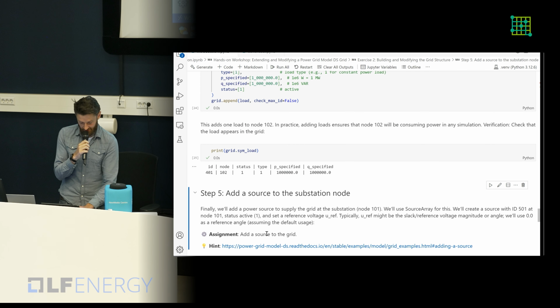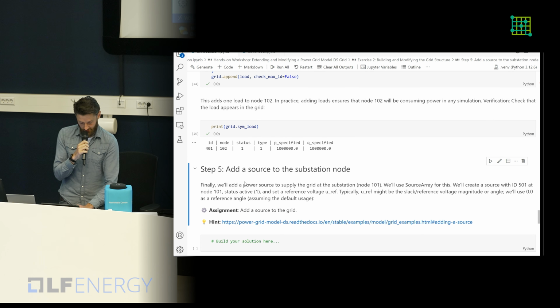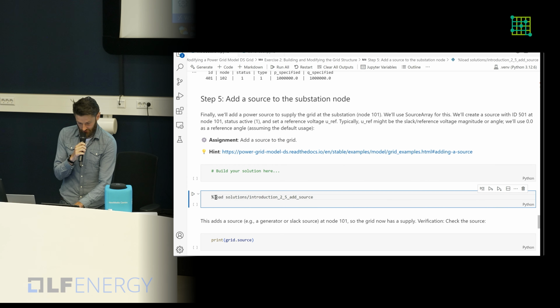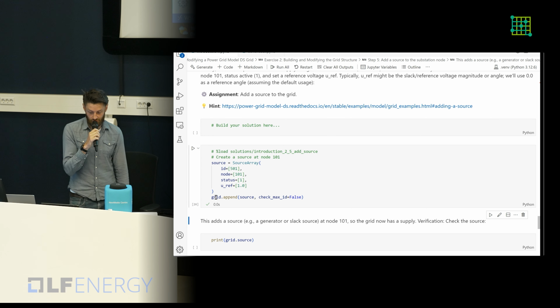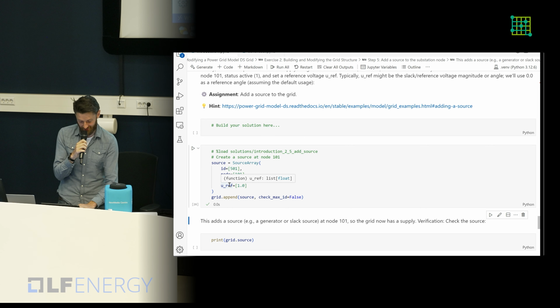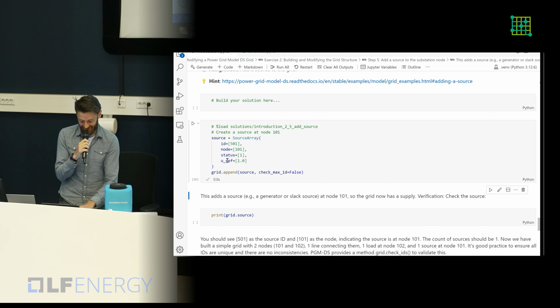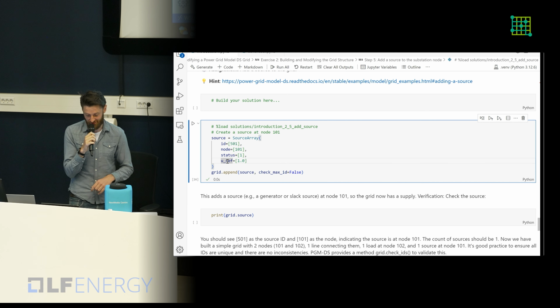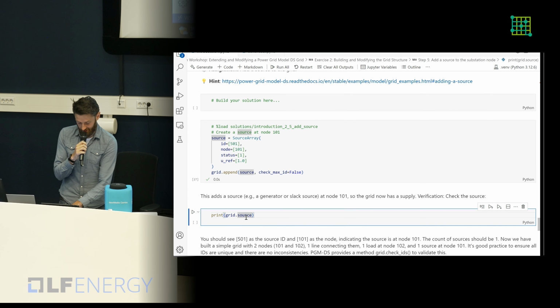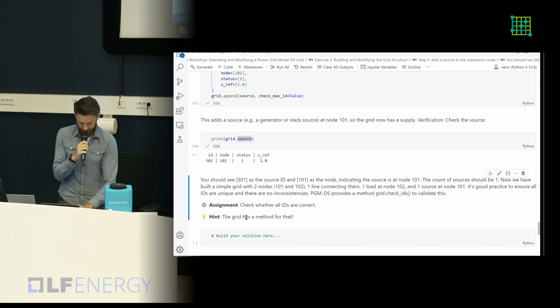Append and validate or verify that it's there. So it's all going smoothly so far. And we need to add a source. So a source, I think, defines a starting point for the power to flow from. I'm not an expert on electrical theoretical knowledge, so maybe you guys can correct me, but this is how I understand it. And for the power flow to work, you need to specify a source node as well. So this is, again, similar to how you append a source, and then it's there as well.